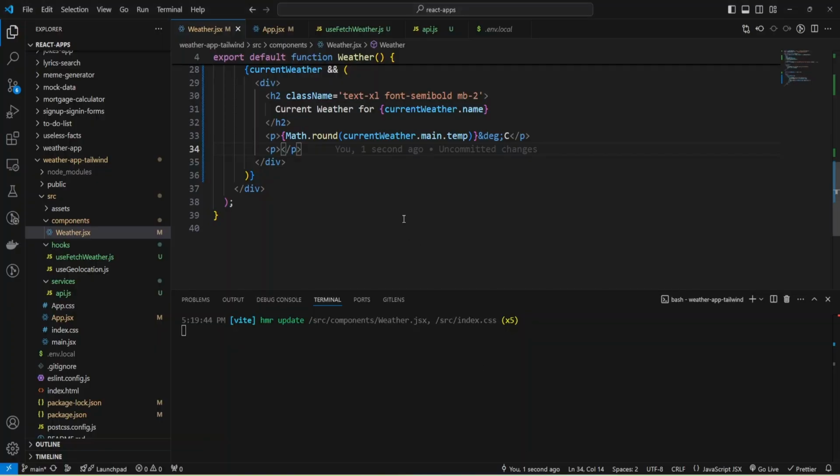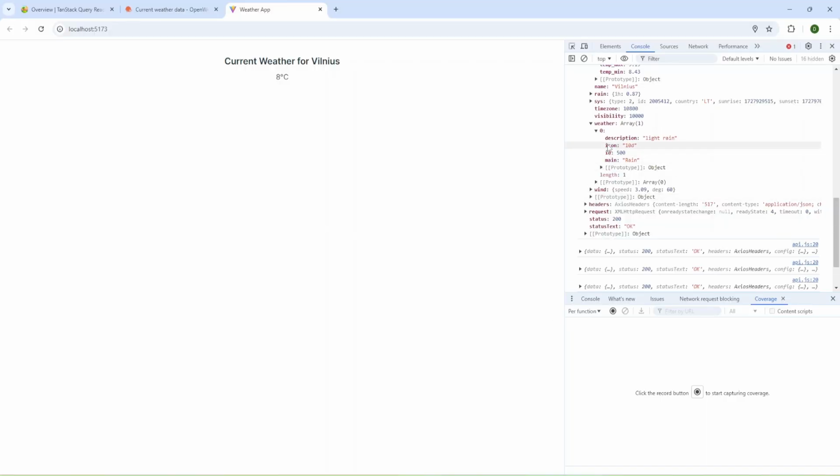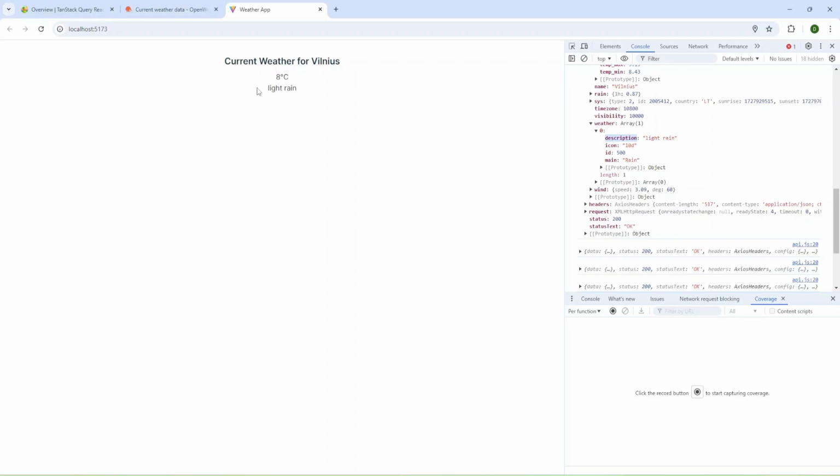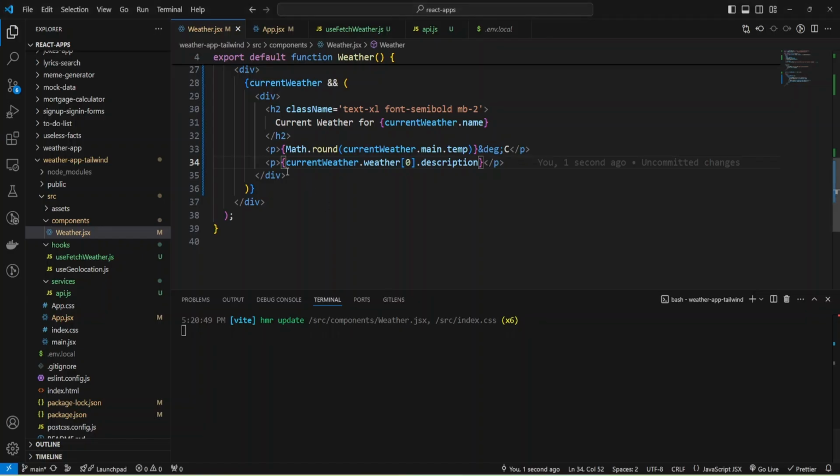And let's provide description. I'm going to add code, provide currentWeather, it's an array, first element, and use description. And let's check. Okay, we have our Celsius and our description.